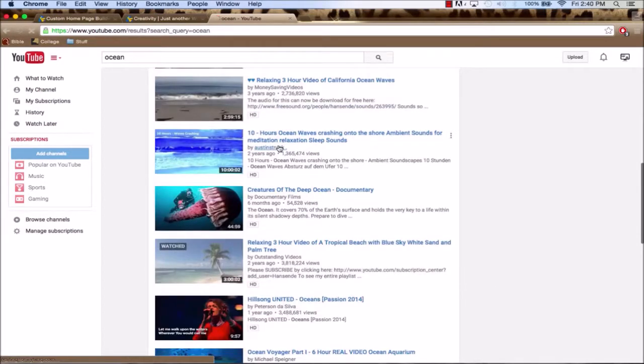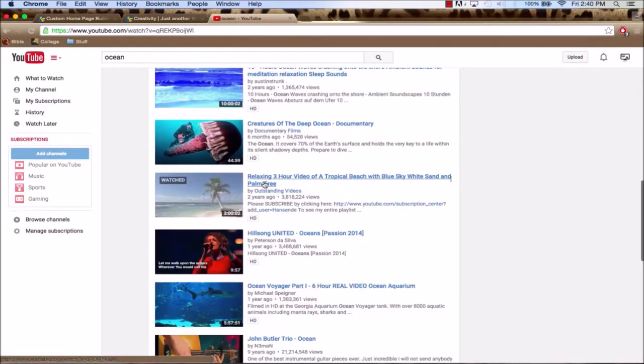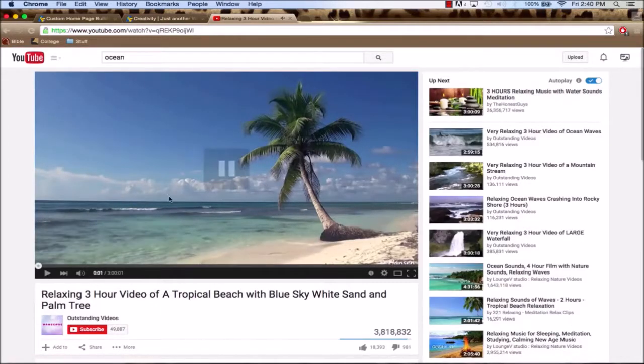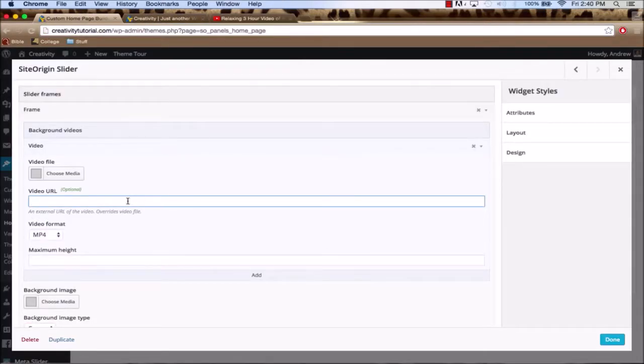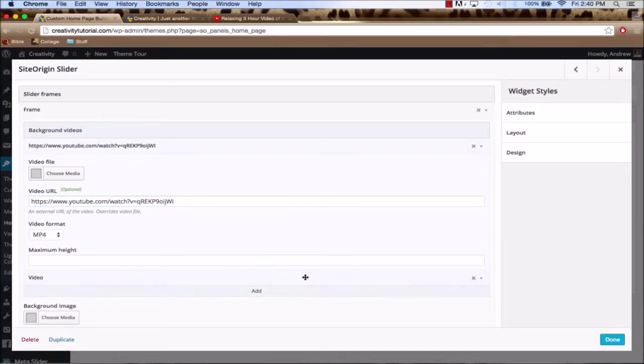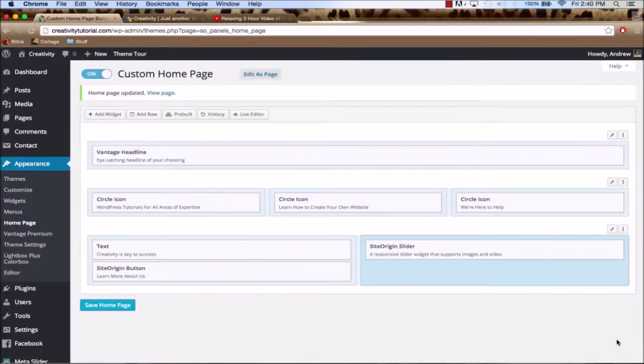And I have to find this one right here. So after you find the video that you want embedded, you can simply click the link here, go back to your page builder, and paste it in here. After that is complete, you simply click Add, and it is officially in there. So if we click Done, and we click Save Home Page,